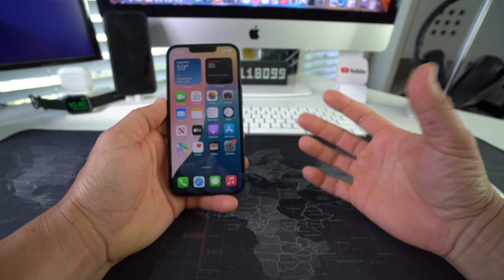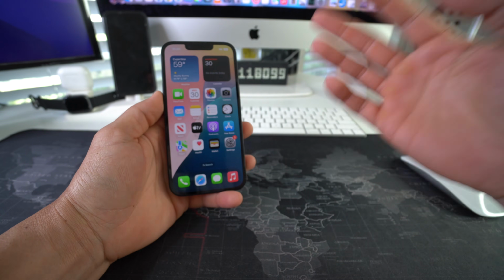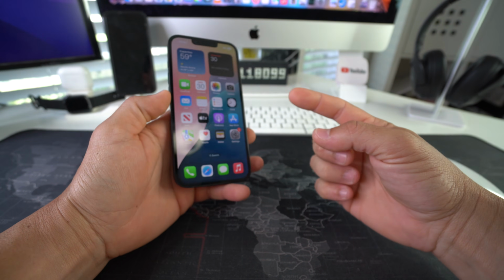All right, everyone, so those are 10 plus tips to consider to help you maximize the battery life of your